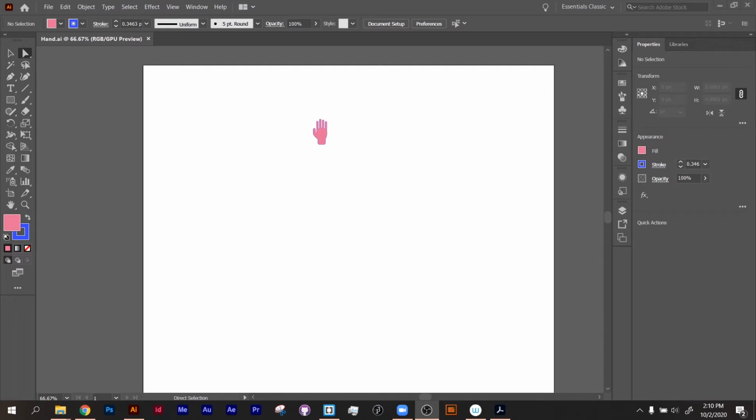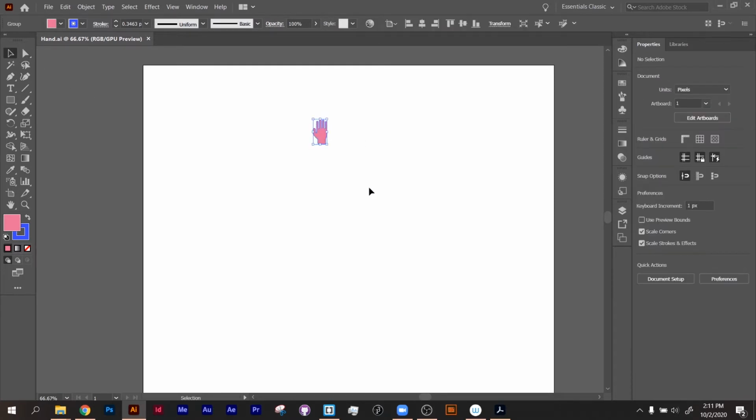In this video, I'm going to go over how to use the scatter brush. This can be really helpful for generating lots of objects really quickly, but each one has its own sort of distinct characteristics. So for example, if I have this hand icon here,